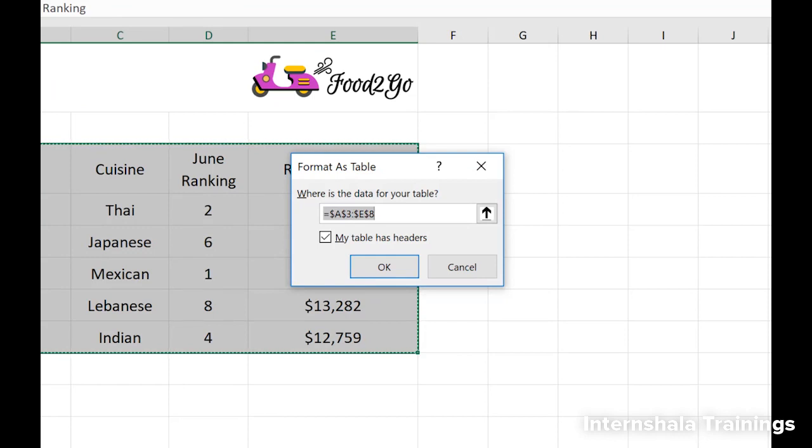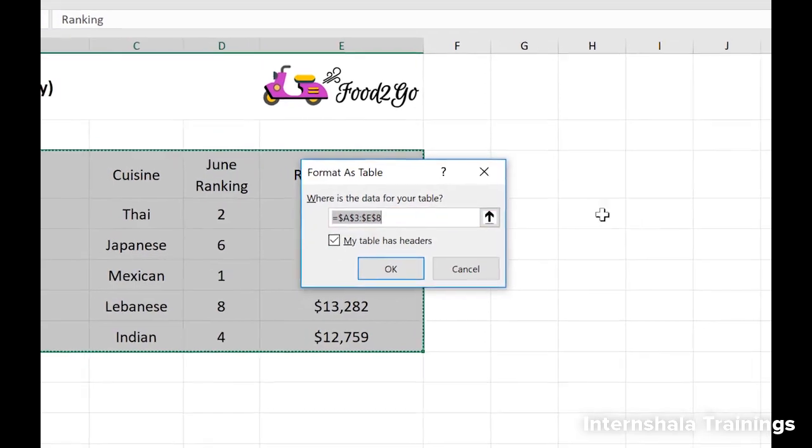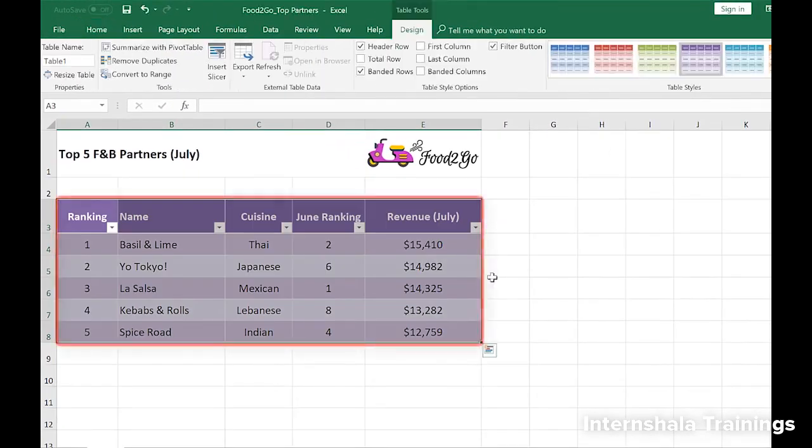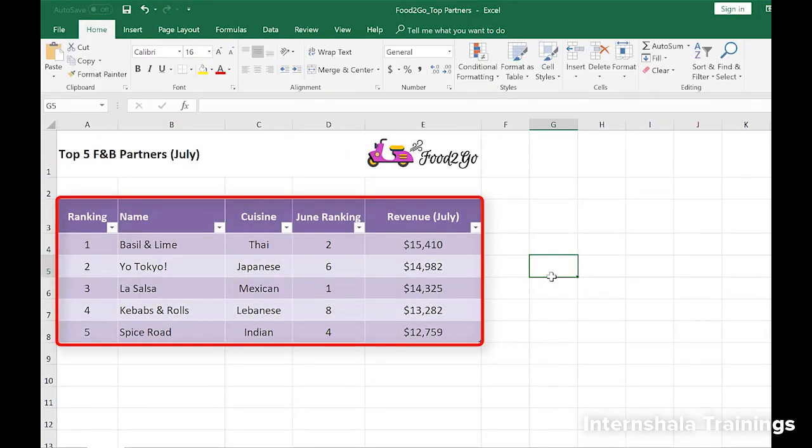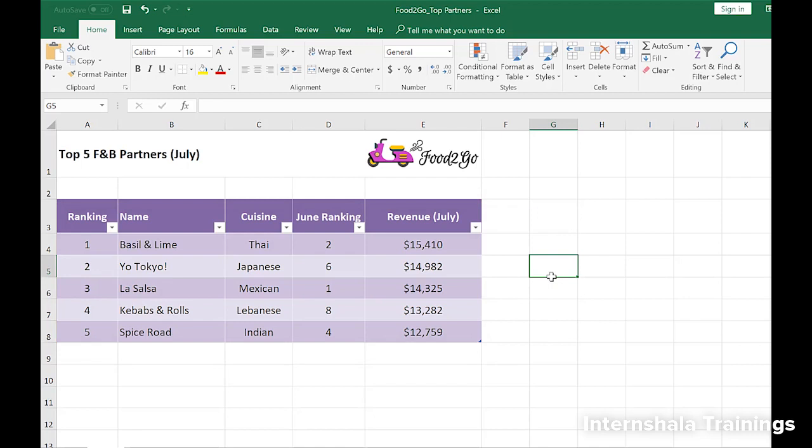again anytime. Now a dialog box will appear to confirm the cell range you have selected. If you want your header row to stand out, just leave this box ticked. When you click OK, your cell range will be formatted as a table in the style you have chosen, and your headers will be formatted in a different style from the rest of your data if you ticked the header option in the previous dialog box. When you format your cell range as a table, you will see the filter drop-down arrows automatically added to column